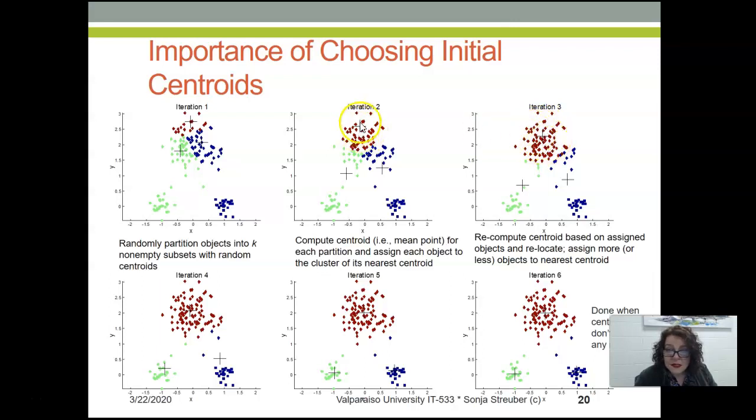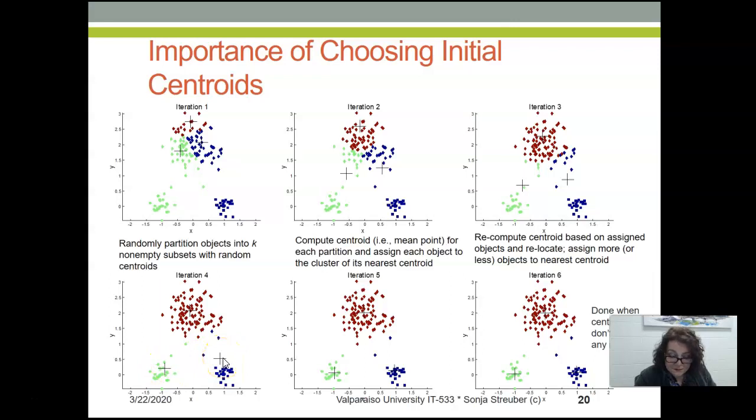In iteration number 3, this centroid has moved more to the middle of the red cluster, but that also means that we have data points that now have to be assigned from the green cluster to the red cluster because they are closer to the red centroid now than they are to the green centroid, which has moved more into the middle in order to be closer to the data points at the bottom here. And the same thing holds true also for the centroid of the blue cluster, as we're seeing here. Some of these data points have been assigned to the red cluster. Iteration 4 does exactly the same thing, namely relocate the centroid of the red cluster and relocate the centroids of the green and the blue clusters respectively,